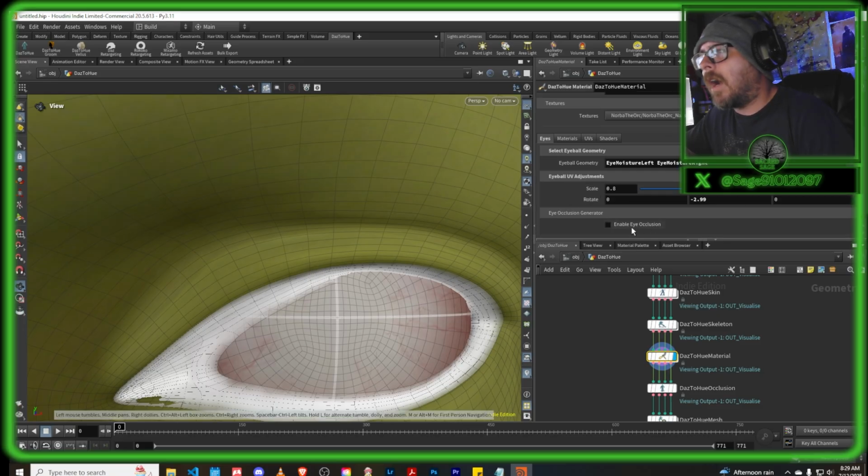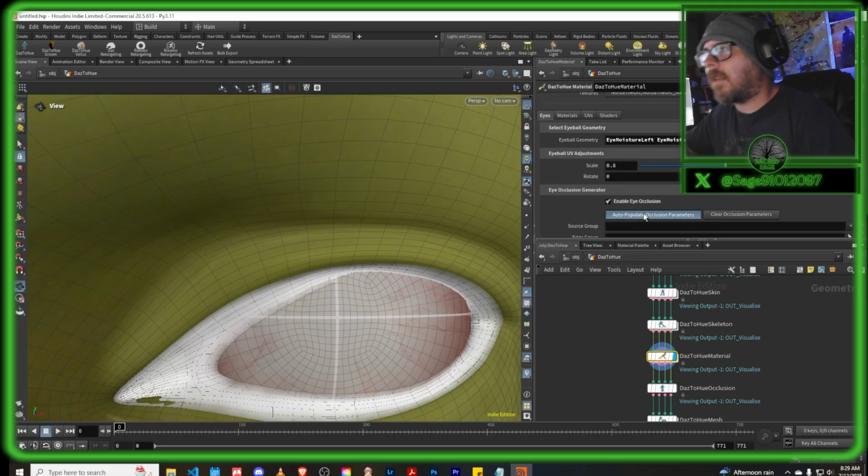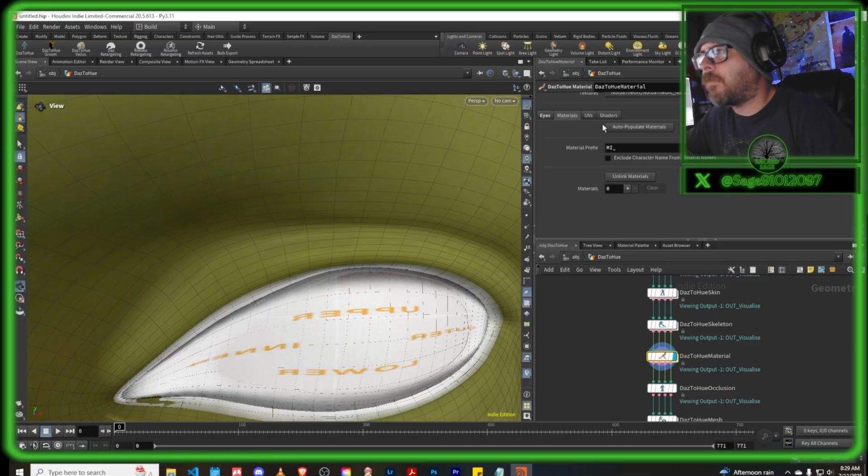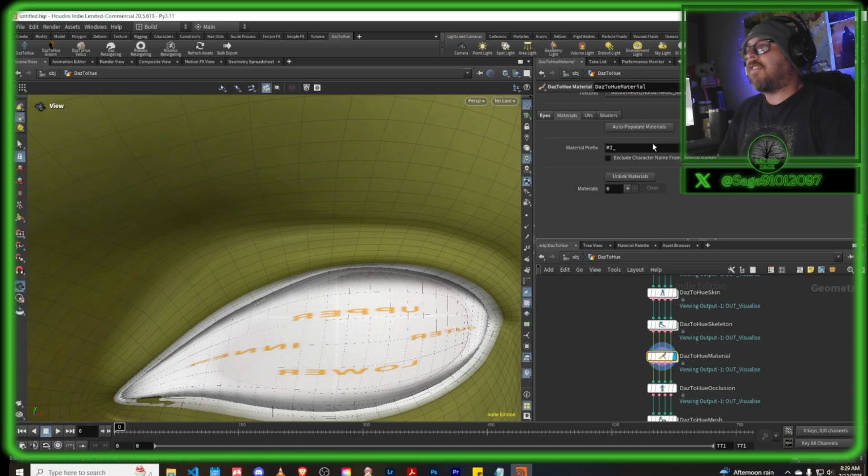But anyways, we're also going to use the eye oculus. I personally think it gives it a little extra touch. So I'm going to go ahead and click on that. I'm going to auto populate the parameters and leave it at that. There we go. Now it is done. Let's go over to materials and then auto populate the materials. Do you wish to auto populate textures? I do. So now it's going to be getting it together, baking, making all the textures of everything that we have